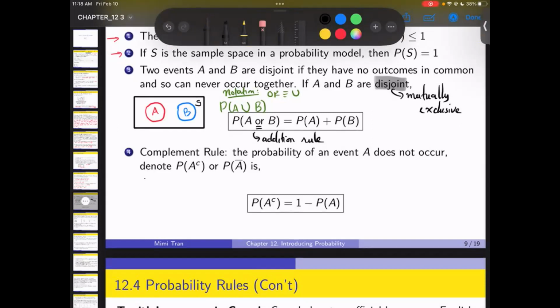Let me visualize that for you. What does that mean? Again, I have my sample space. I have my probability of A here. So the probability of everything but A will be what? Everything outside the ball, right? Everything outside the ball. Sorry, I touched the ball, but you're not supposed to. So the yellow part will be P of A complement. Everything but A. P of not A.